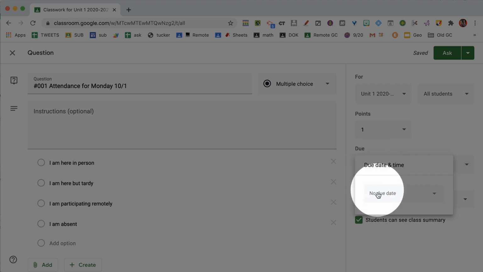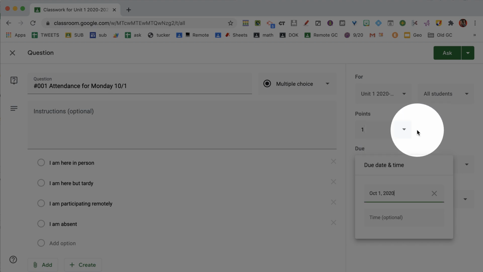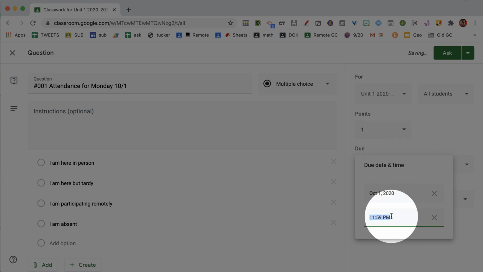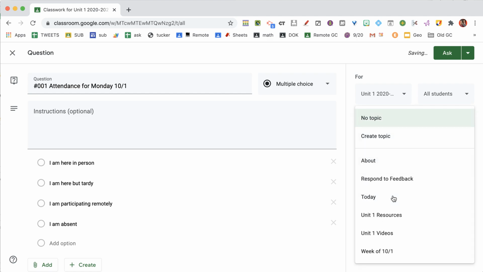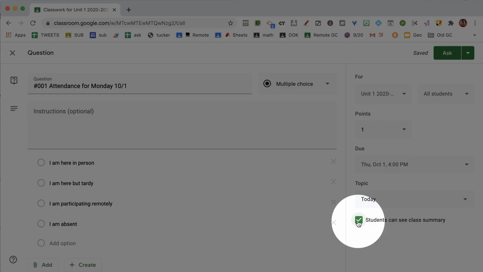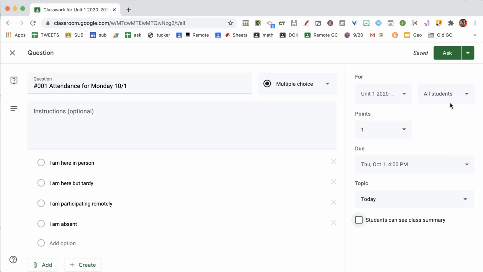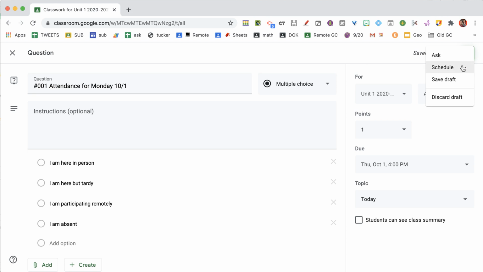Set your due date. Please, I beg you to always change the due time. I guess the first is a Thursday, and I am going to do 4 p.m. The default is midnight. I could rant on this all day. We shouldn't have things due at midnight. I'll save that for another time. Change the time. And my topic is today. What are we doing today? I don't need the students to see what the attendance is, so I can go ahead and turn off that students can see the class summary, and then I can either ask or click on the tiny drop-down triangle to schedule it or save it as a draft. I'm going to go ahead and ask,